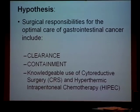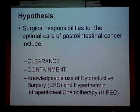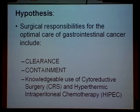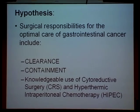Okay, do we have general surgeons in the room? I recognize... So there's just a couple of general surgeons. Well,